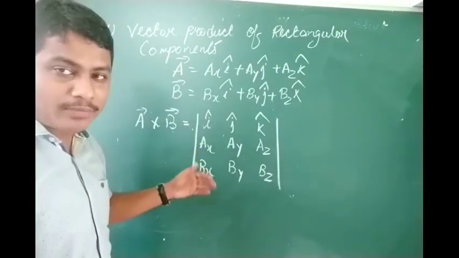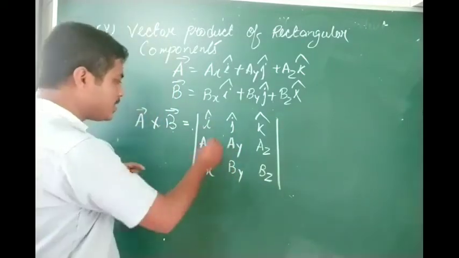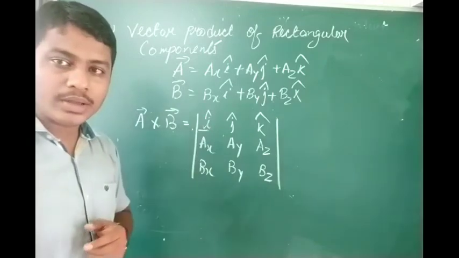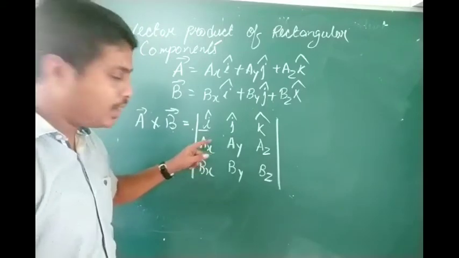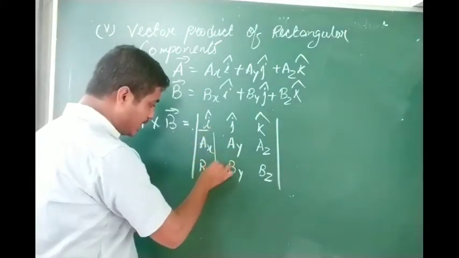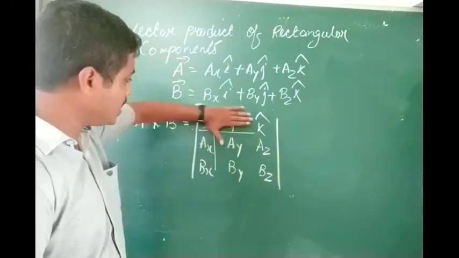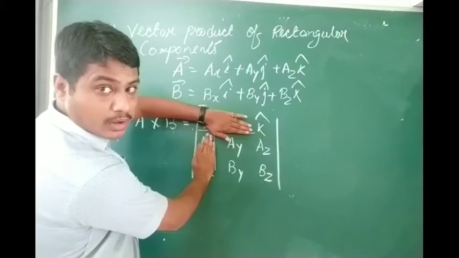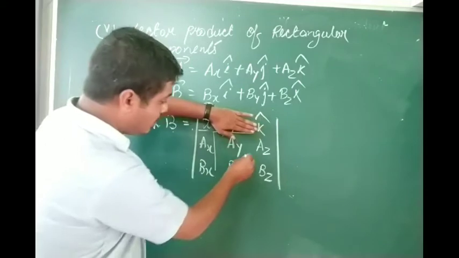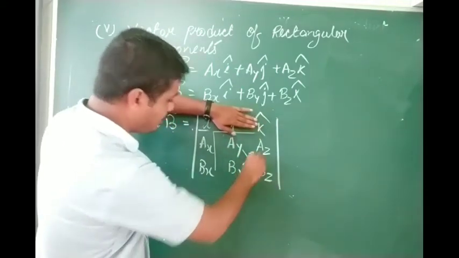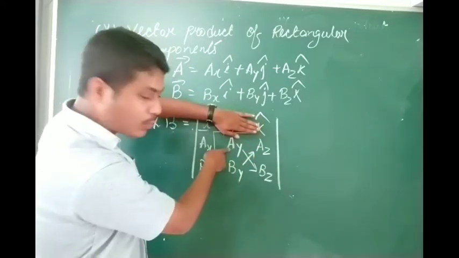Now after this what we have to do, you have to select one vector. I will be selecting this i cap. The way of doing the determinant method is that when you select the i cap, you cannot take this vertical line components and you cannot take this horizontal line components. That means this and this you cannot take. So what will be left out? It will be ay, az and by, bz will be left out. Then we have to do cross multiplication in this way, this with this and by with the az. Firstly you have to write this one.